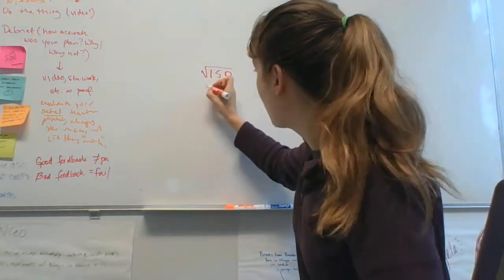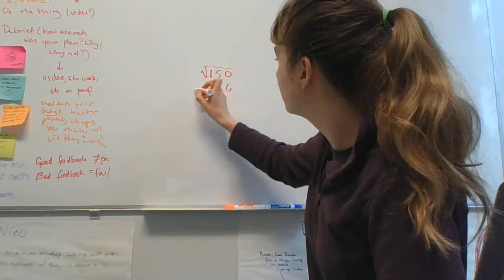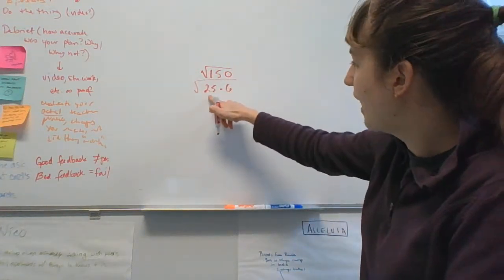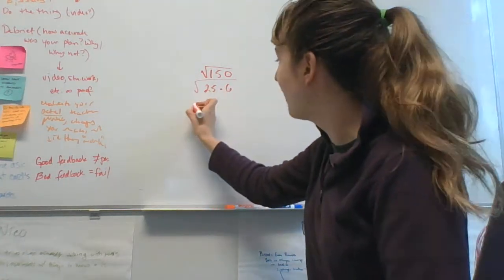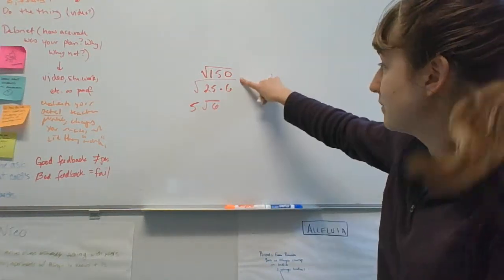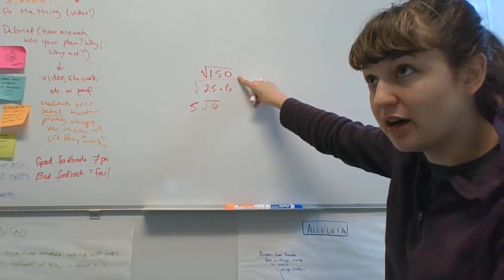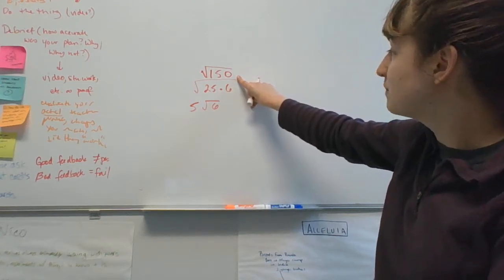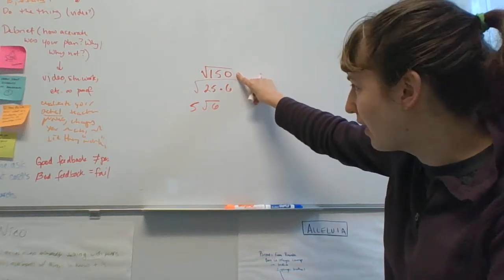I know that 25 times 6 is equal to 150. I know that the square root of 25 is 5, so I can take out a 5 and leave the 6 behind. And that's how you can simplify the square root of 150. But that really involves a lot of leaps. Just being able to figure out what perfect square fits in without a real system, just thinking about it,